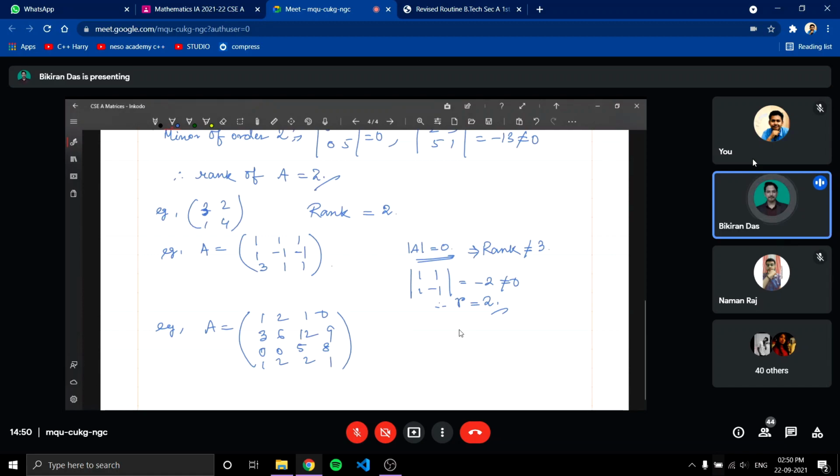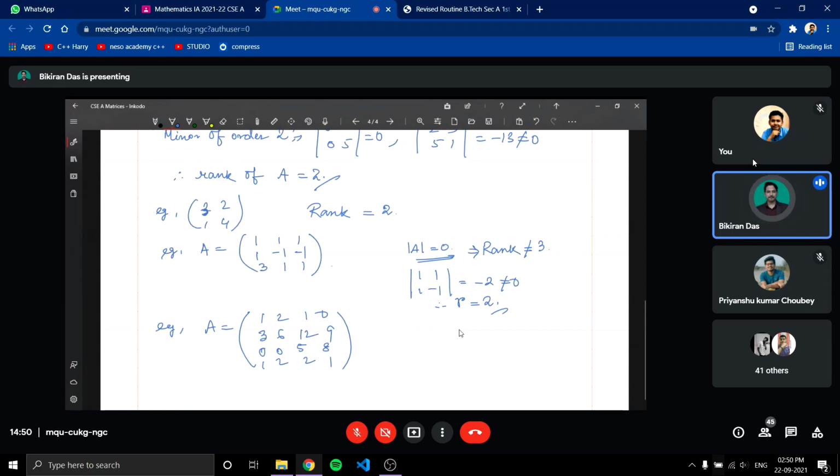Since it will be very time consuming to find the determinant of 4 cross 4 order, and you can think, it's just 4 cross 4. You can get matrices of order 5 cross 5, 10 cross 10, 100 cross 100. Obviously, in that case, checking the rank in this process is very difficult. Why? First of all, finding the determinant of that order is very difficult, and then finding minors of all possible orders is a very lengthy task. So obviously, this is not a convenient way to find the rank when the matrices are very large.